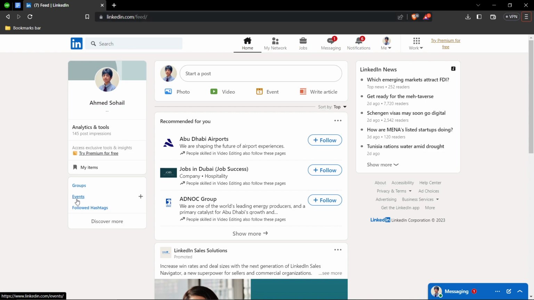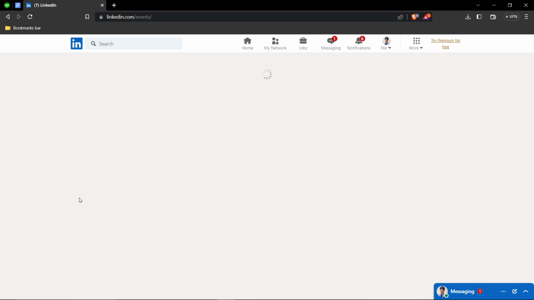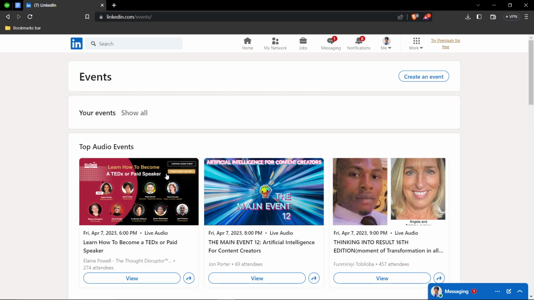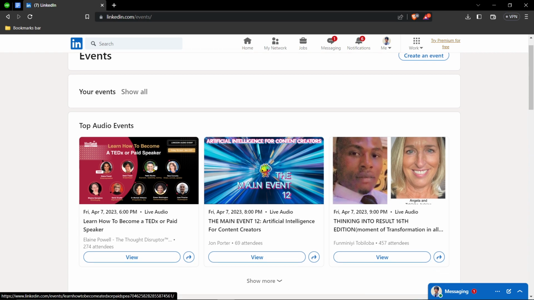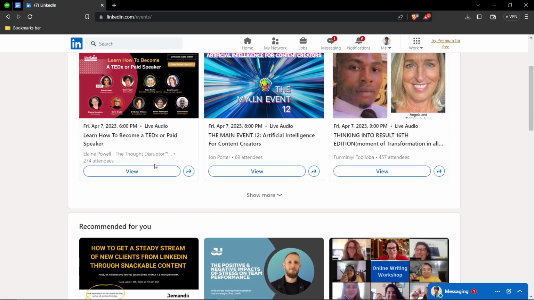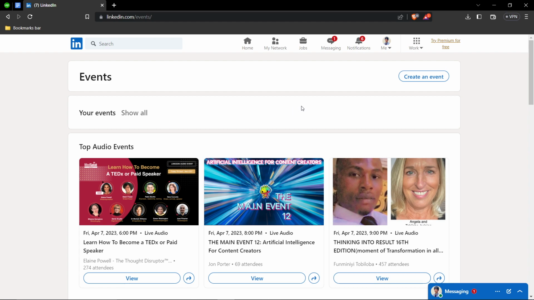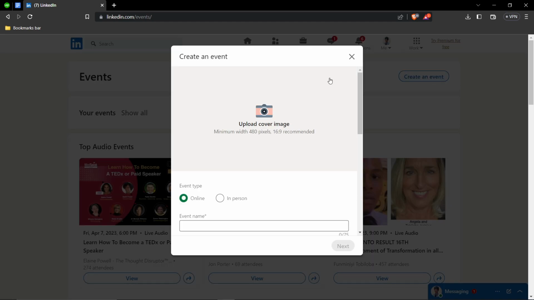go over to this option, Events. Once you click on that option, Events, you're going to be redirected to a page like this. Here you can see all the events which are happening. But let's say you want to create your own event, so you can just click on Create an event and